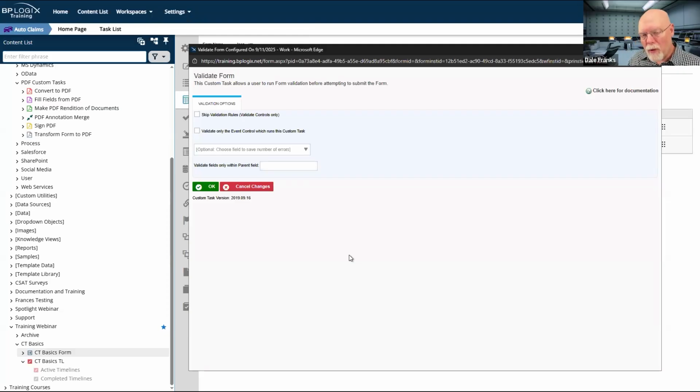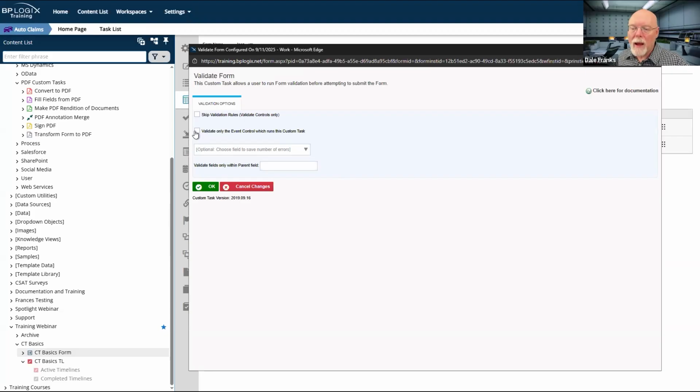Most of the time, when form validation fires, like I said, it's going to validate everything. And it's only going to fire when I submit the form. However, sometimes I want the form to validate before I submit it. I want it to validate the second I fill out a form field. And I might not want it to validate the entire form. I might only want to validate the form field that I am specifically trying to validate at this moment in time. Well, that's cool. I have the ability to do that.